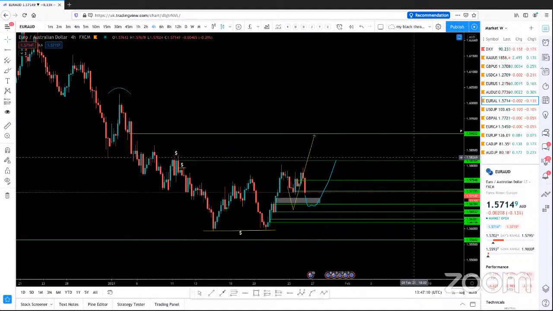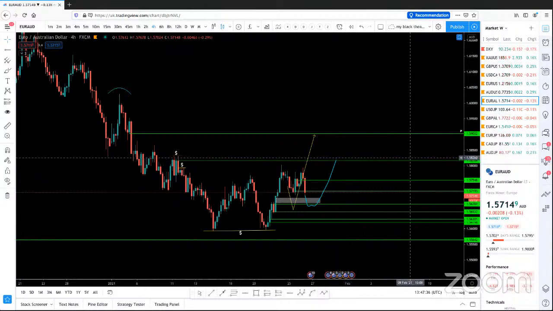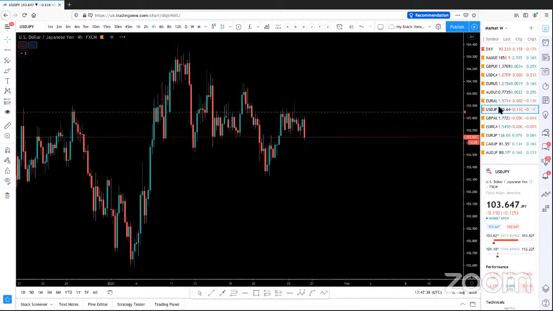On top of that, we have a unique strategy that we apply in order to determine the directions and spot our targets. You could see that exactly the way that we mark here, the price will come and you could see the reactions. That will really help us to fine tune and refine your entries with lower stop losses. So let's move on to USD JPY.